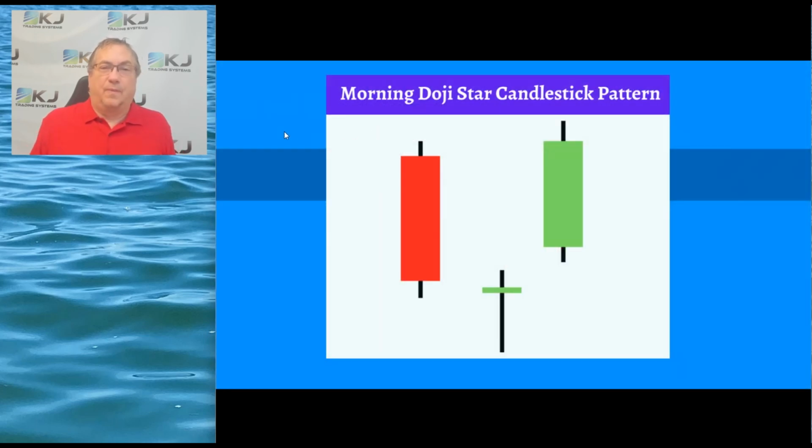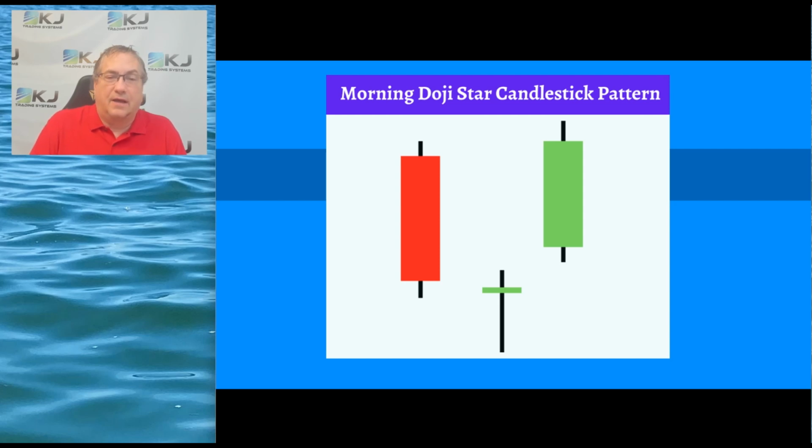So let's talk about entry here. And what I'm going to use is a candlestick pattern. You might have heard of candlestick patterns. If you haven't, just Google it and you'll find lots of information. There are a lot of really good books out there, like the Encyclopedia of Candlestick Chart Patterns. There's all kinds of things. What I'm going to look at for this particular system is just a simple doji type pattern,